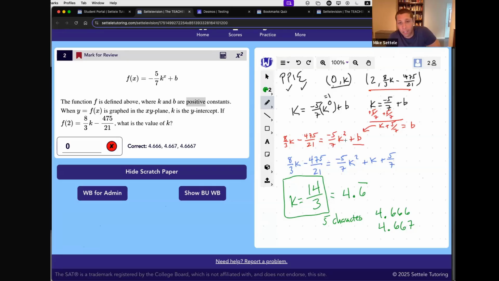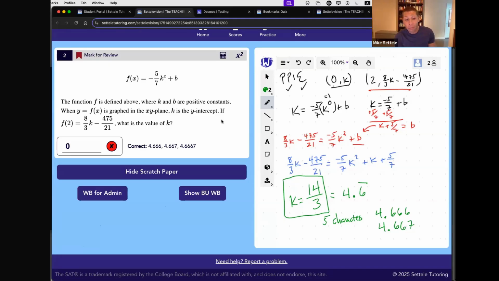Oof. Now look, this is not a question that most of you need to be getting right away. But I wanted to make the point. At the end of the day, this question is very similar to the parabola one. We have this ability to think in a very dumb way about something that's very complex, and at least it gets the ball rolling. I wouldn't know what I'm doing if I saw this on the test. I don't look at this and instantly have a plan of how I'm going to solve it. I don't know all the steps.